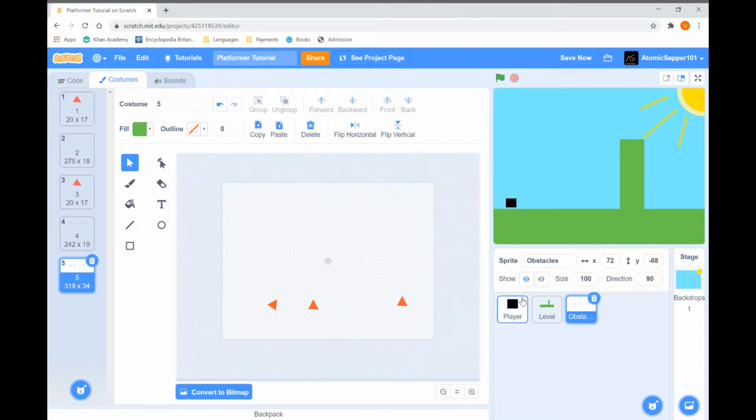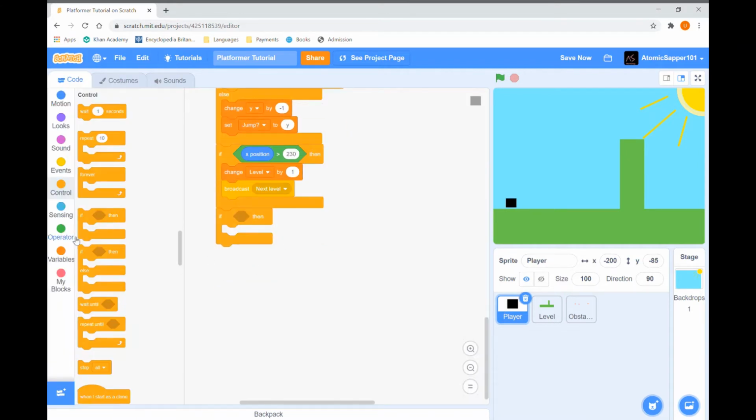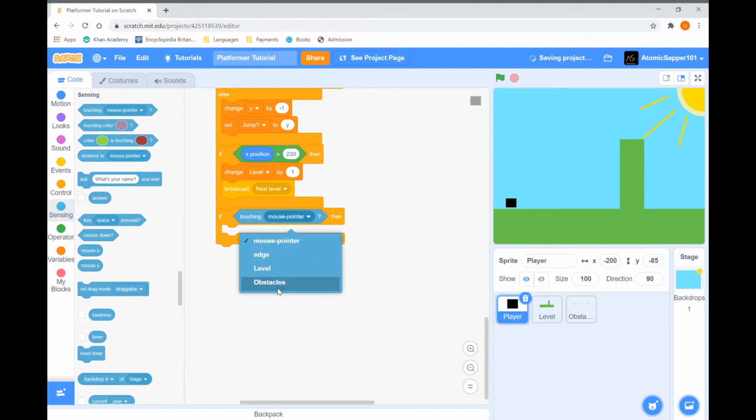Right. So now just go to the player code and then add if it is touching obstacles, go to my